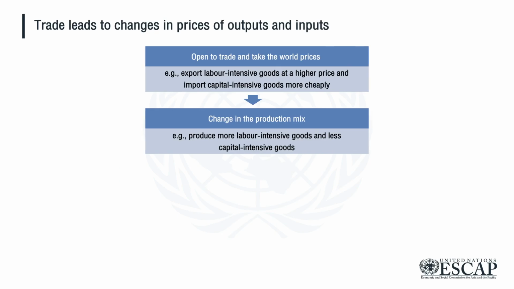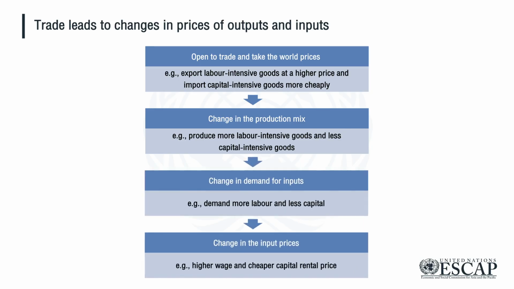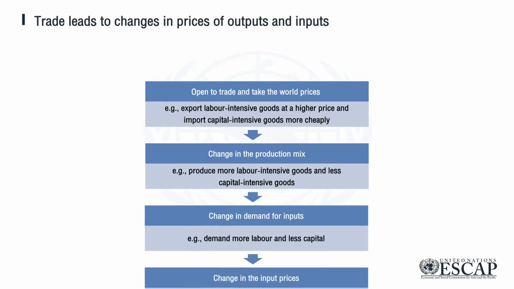When countries engage in trade at the prices prevailing in world markets, domestic producers respond by reassigning productive resources to the activities that are now more rewarding at the new prices. This means that inputs, such as labor services, are priced according to the value that they produce, even if they do not enter directly into the trade. For example, a trade-induced change in the production mix from less to more labor-intensive will increase the relative demand for labor and may push up wages.